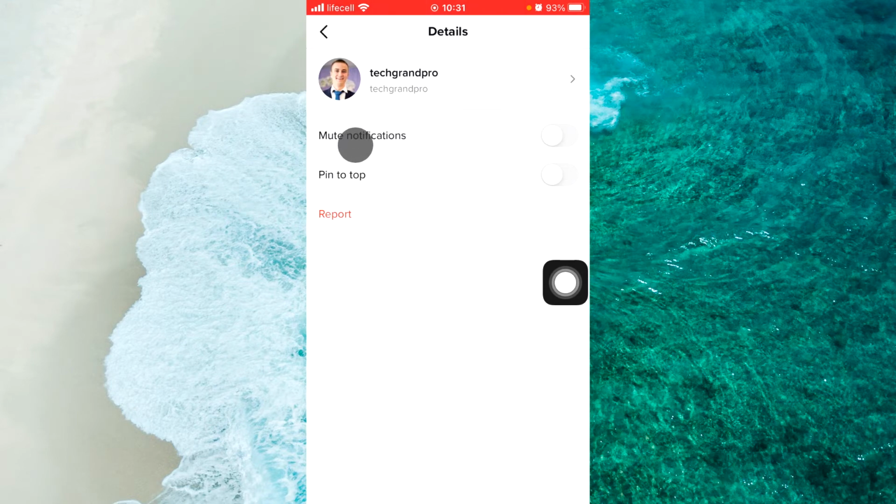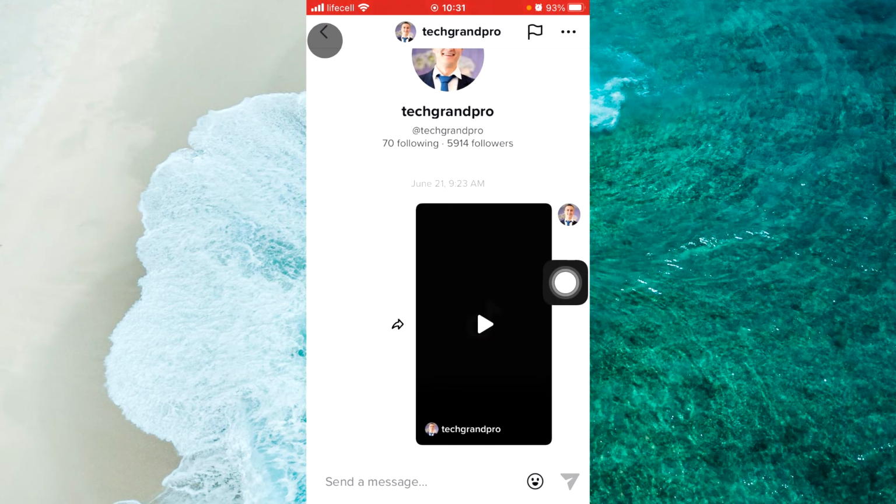And here you will see mute notifications. Swipe the slider to the right side, and when anyone from this conversation writes you something, you will not see